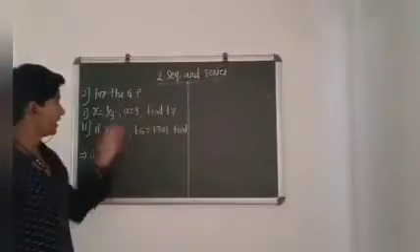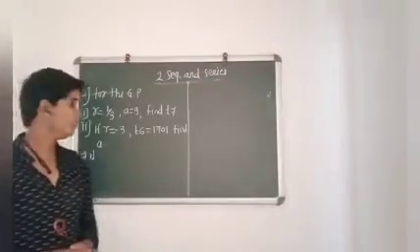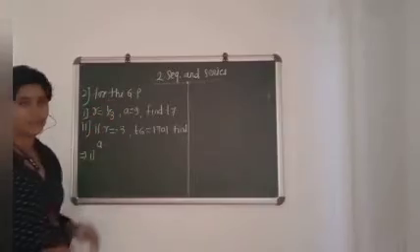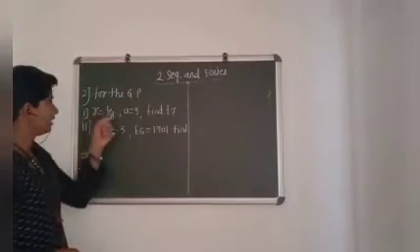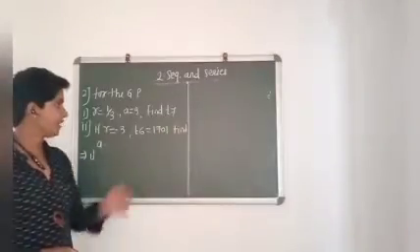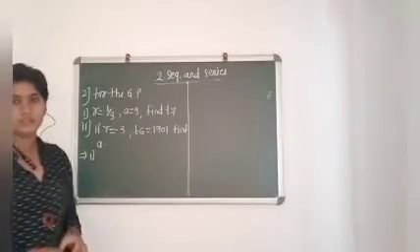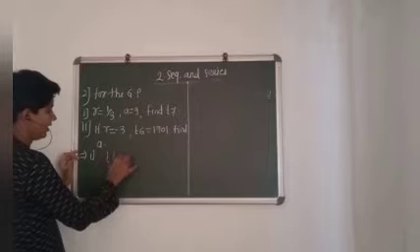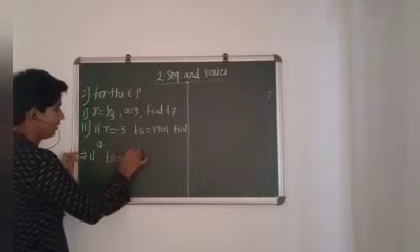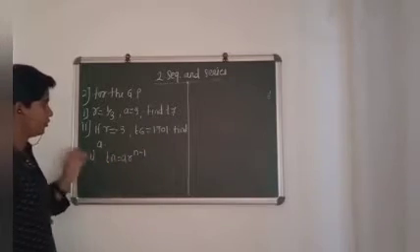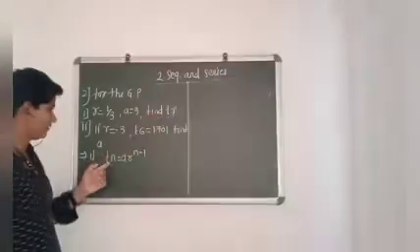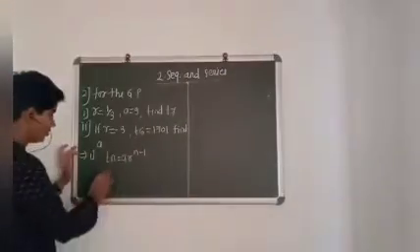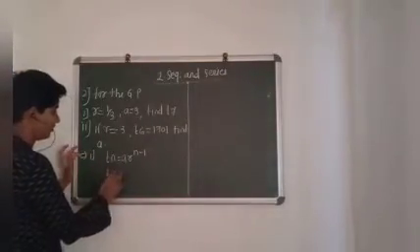Now the second example of exercise 2.1. For the GP, R is equal to 1 by 3 and A is equal to 9. Then find its T7. So using the formula Tn is equal to A into R raised to n minus 1. Here to find T7, the value of n is 7, so to get the seventh term of the geometric progression,